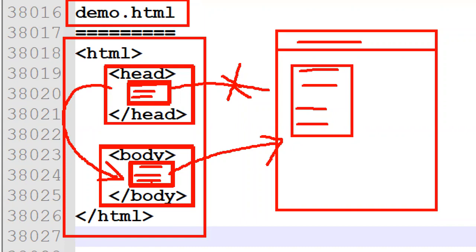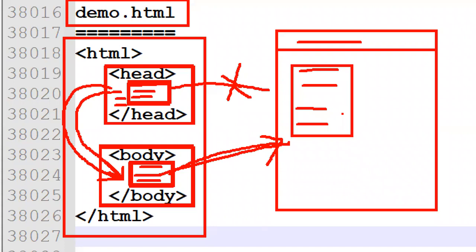Slowly we will understand, guys. Here we write n number of tags. For example, colors you want to apply, styles, links, JavaScript you want to apply. Those tags we write here. These JavaScript and CSS files are all applied together to the body, and now this content is displayed in the browser. That is the basic structure, guys.